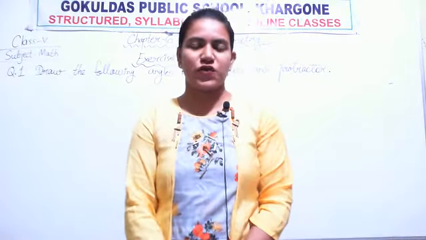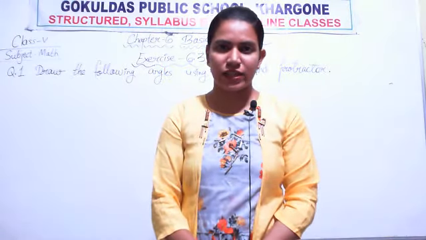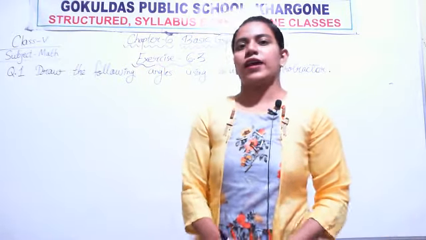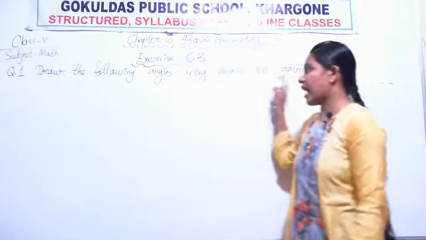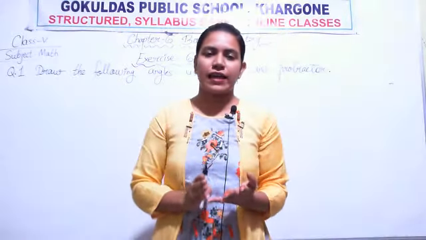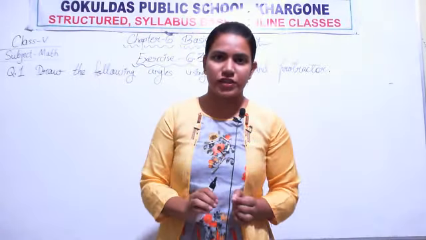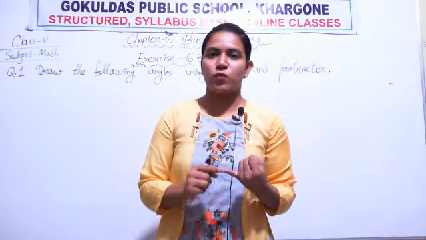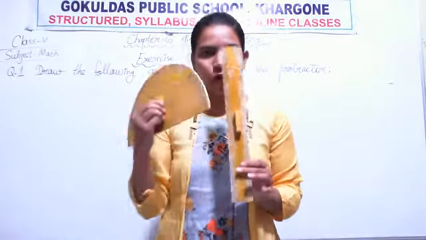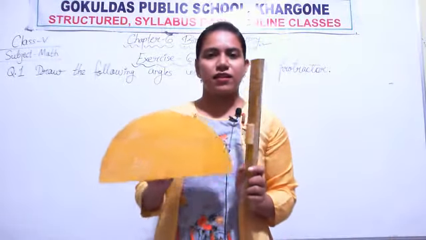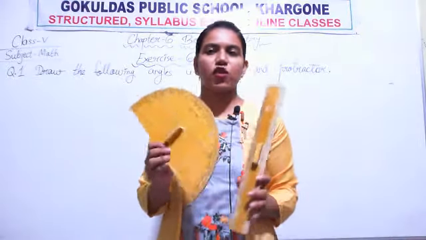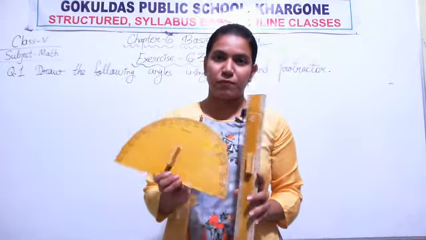In today's class we will discuss exercise 6.3, in which we will learn how to draw angles using scale and protractor. So if you don't have a scale and protractor right now, pause the video here, be ready with your notebook, bring ruler or scale and protractor, and bring pencil, eraser, sharpener, whatever you want. Be ready with all these tools, okay? And bring notebook also.